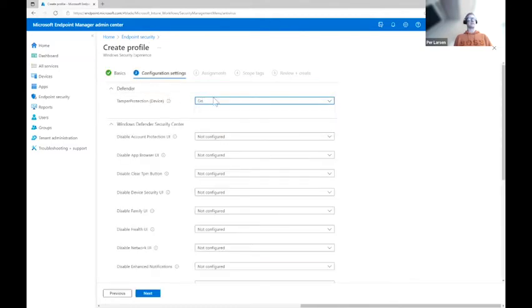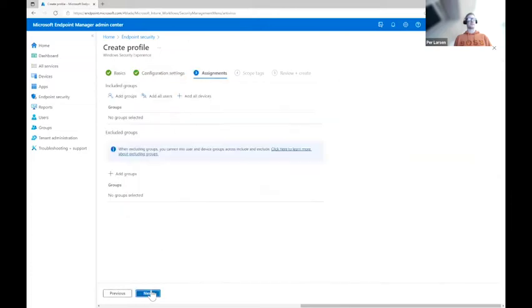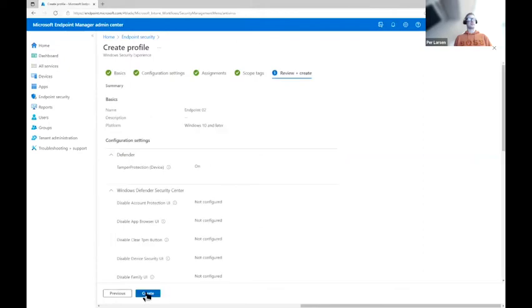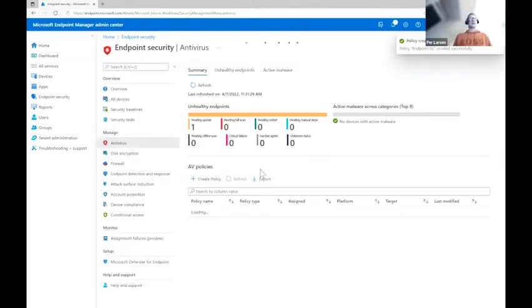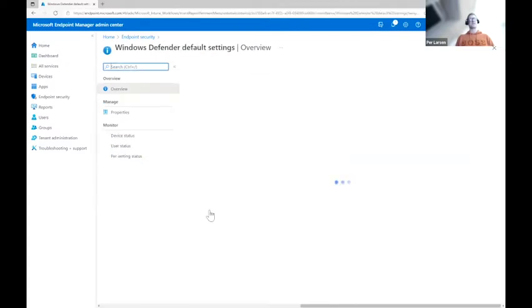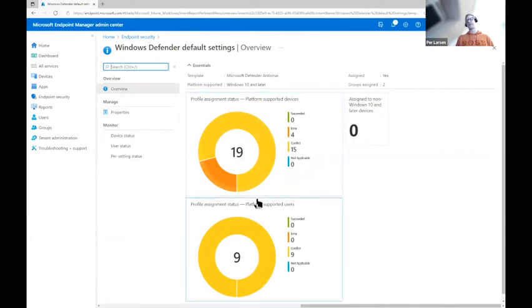And for this one, I will just enable tamper protection, and I will assign it and move it ahead and create it. So one of the things you can see here, you have the target. This one is the old policy that I was talking about. I don't have those. You cannot create those anymore. But down here, you can see you have the one that we created, endpoint 02. That is stating both MDM and Microsoft Sense. This is using a different backend, so you also have a different kind of